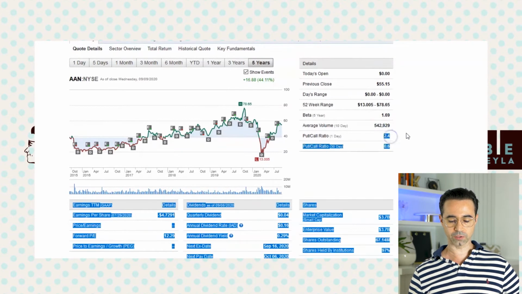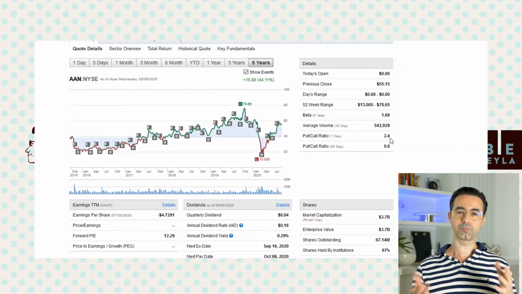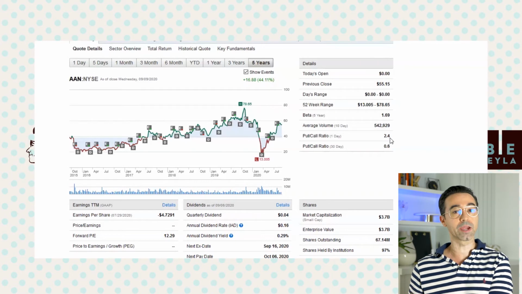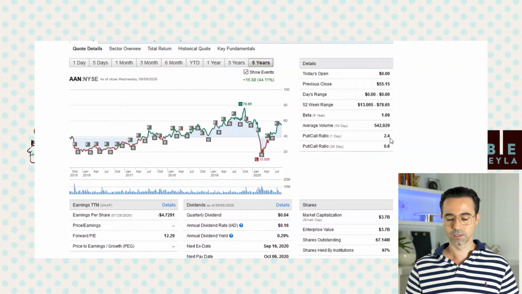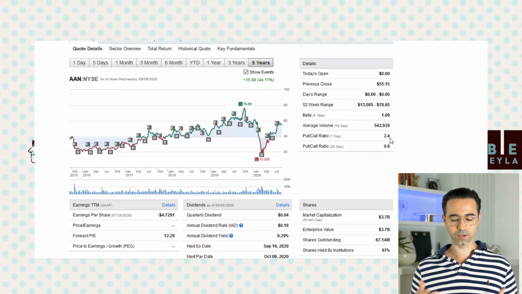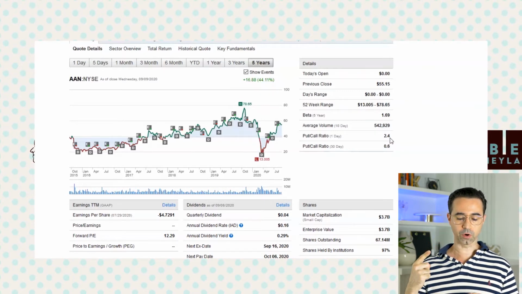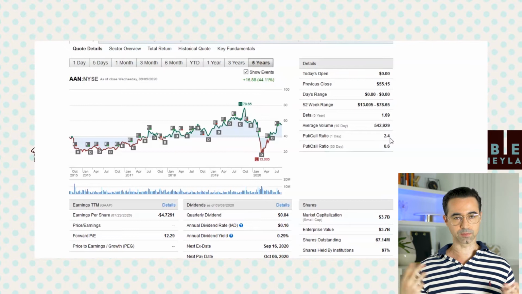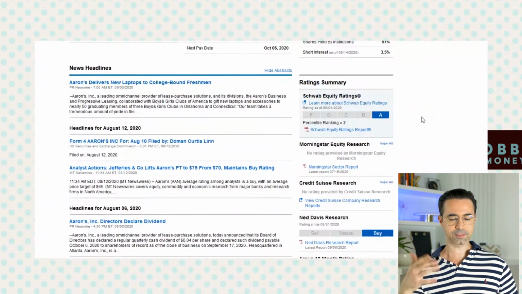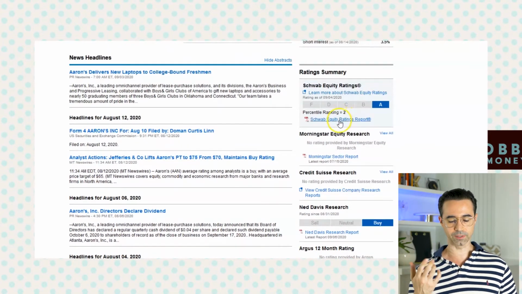There's average volume, the put-call ratio. So a put is bearish and a call is bullish. So 2.4 is the put-call ratio for the day. The put-call ratio for the 30-day period is 0.6. Okay, so let's get down into the things that I really think are important for us to understand,